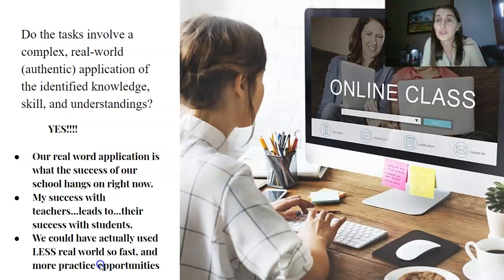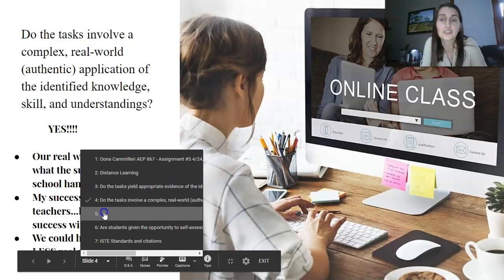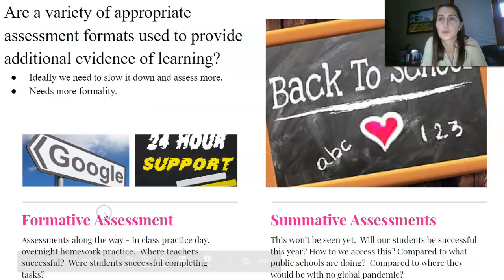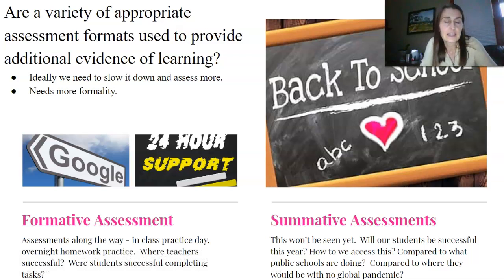So ultimately, I would have liked, honestly, less real world, or a little less quickly as we had to jump into the real world. Are there an appropriate amount of assessments and formats used? Again, in reality, no. Honestly, I would say the assessment was all real world, really. In teaching this unit, if I were able to teach it more formally,